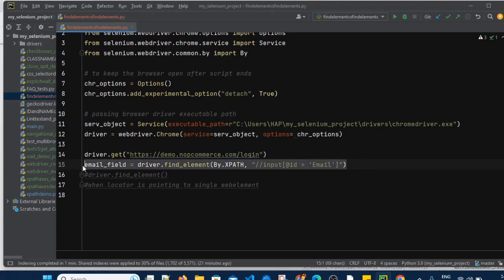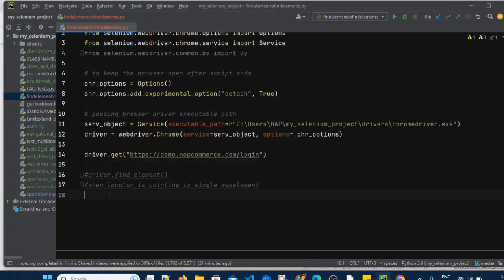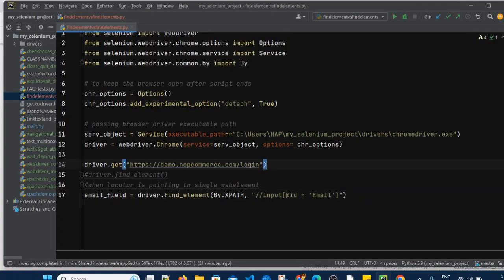So this statement, I am just copying it and pasting it here. Basically what this statement will do is find that locator, find that web element, and that web element will be stored inside this email field.